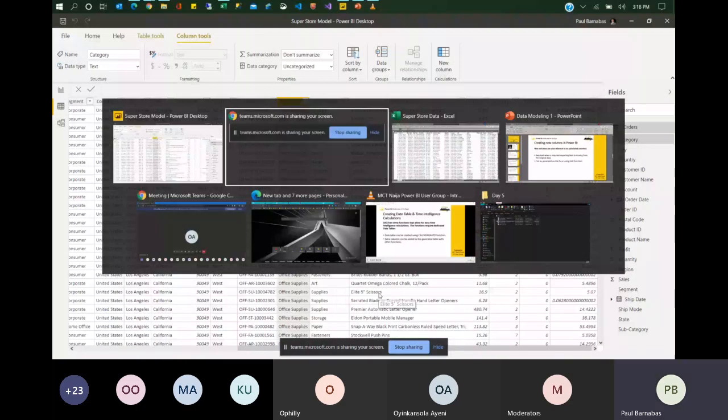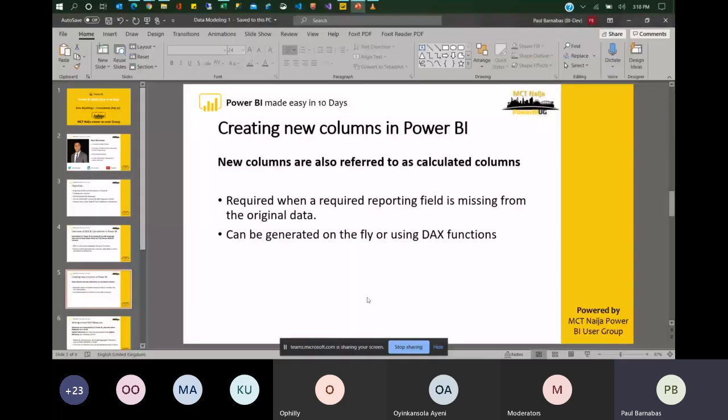So one of the things we are going to be trying to do now is to create a new column in Power BI. So what are new columns? The new columns are also referred to as calculated columns. So basically, this is an imported term from Excel. They gave us a bit of introduction to the business intelligence side of Excel, which constitutes Power Query, Power Pivot, Power View, and Power Map. So the data model in Power BI is synonymous to the Power Query and Power Pivot that we have in Excel. And also in the data model, when you want to create a new column, it's called calculated columns.